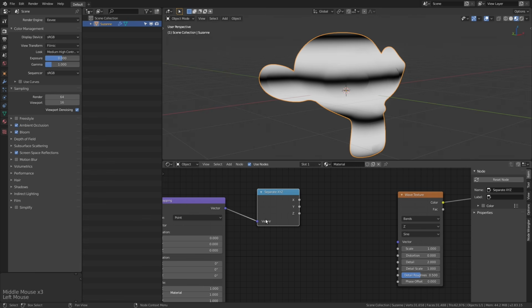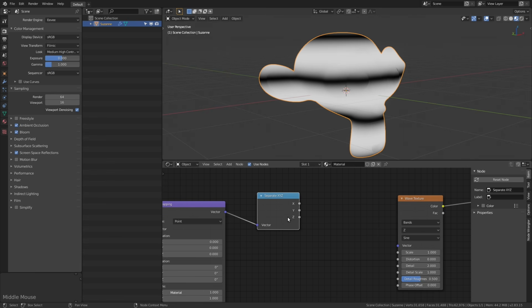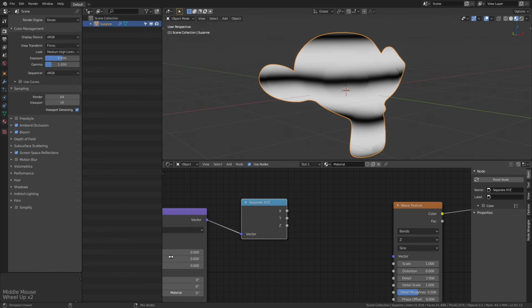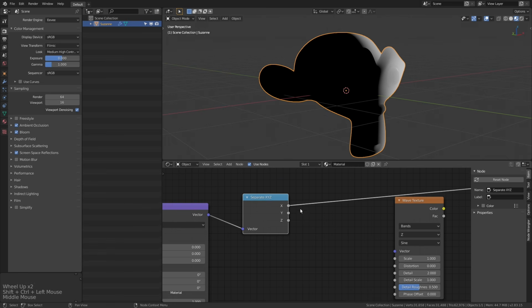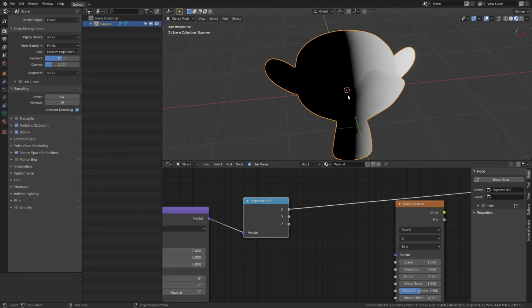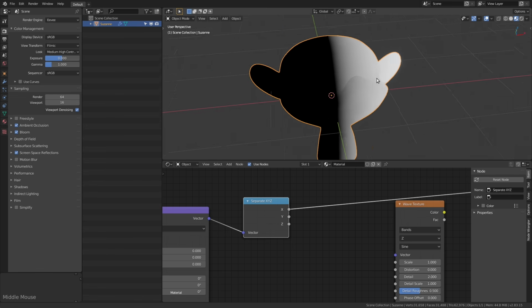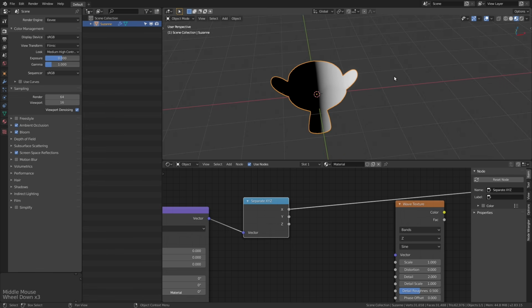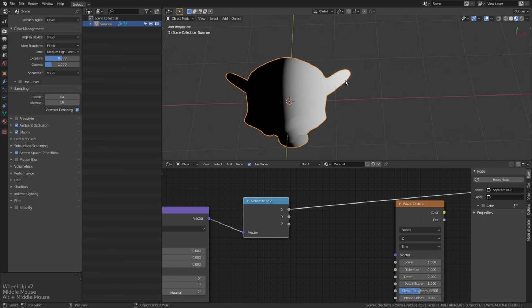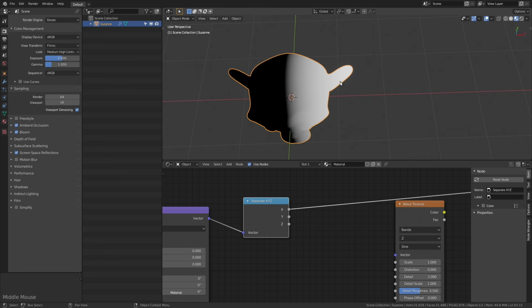And it's just going to be able to separate the x, the y, and the z axis, similar to how we have different controls here on the mapping node. But for example, just to try and explain how this works: because it's object mapping, it starts in the middle and goes from 0 to, I guess, infinity, or depending on the size of your object. Here, because Suzanne is about 1 unit wide over on this side, this is going to be about 1.2, 1.25,